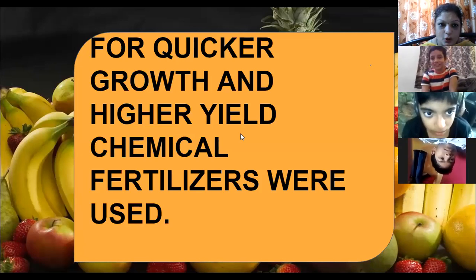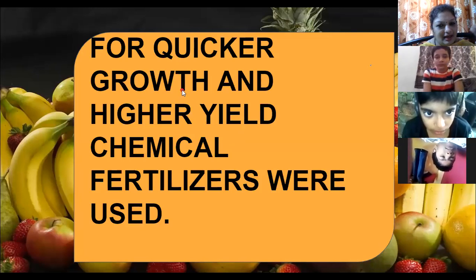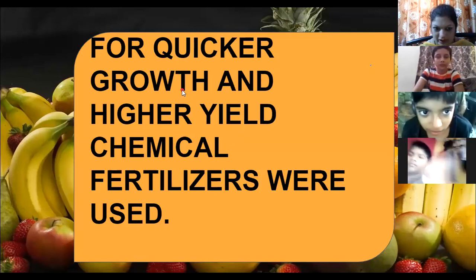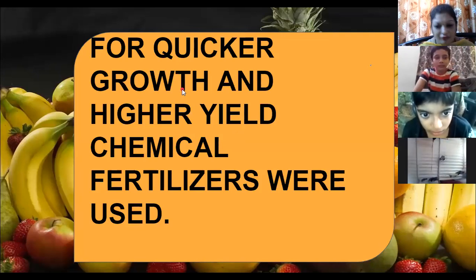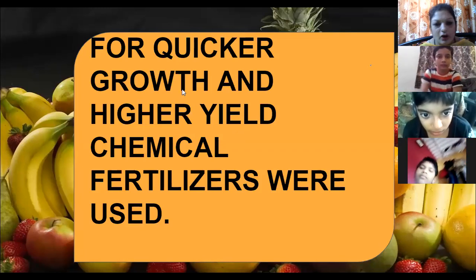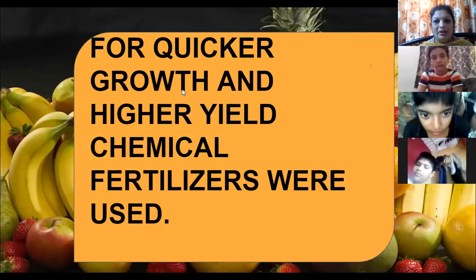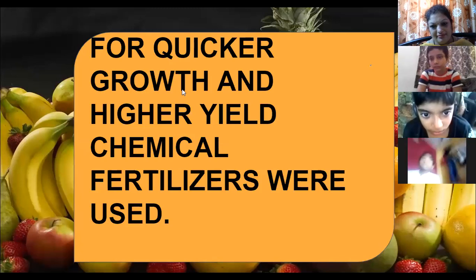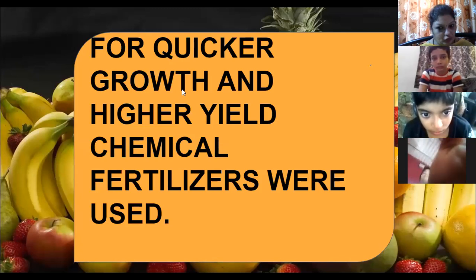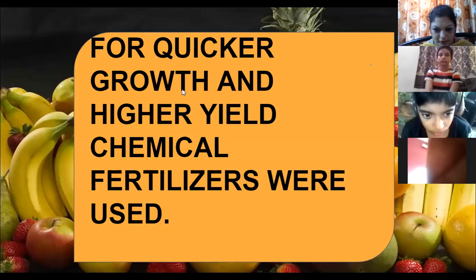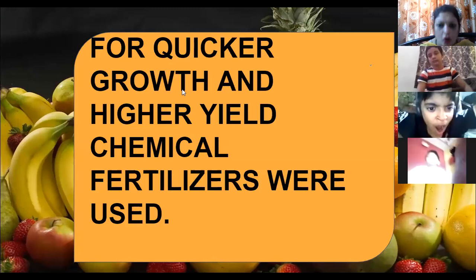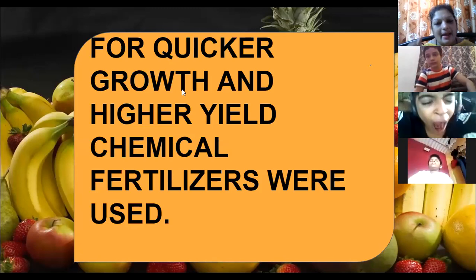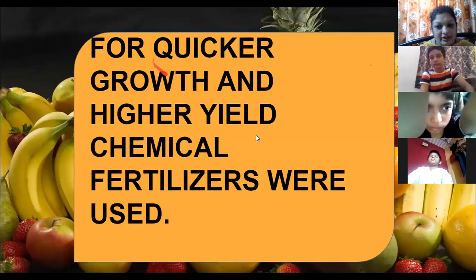See, what you need? Quick growth, means in less time, big growth. Plus higher yield, means huge production. And for that, you cannot go for natural fertilizers. You need chemical fertilizers. Chemical fertilizers will give you huge growth, higher yield, good production. But let me tell you, boys, if you are using more chemical fertilizers, it will damage the fertility of the soil. So everything should be in proportion.